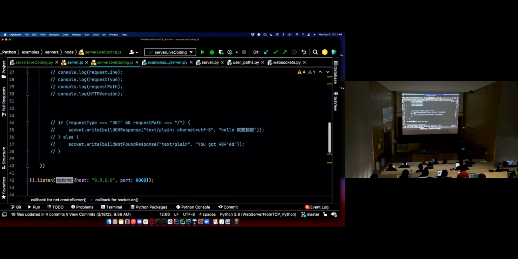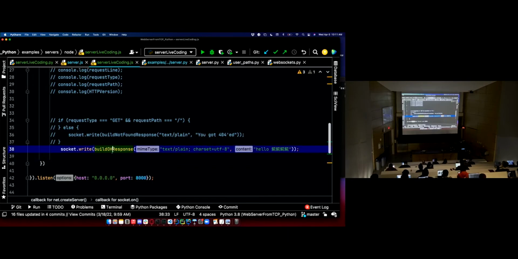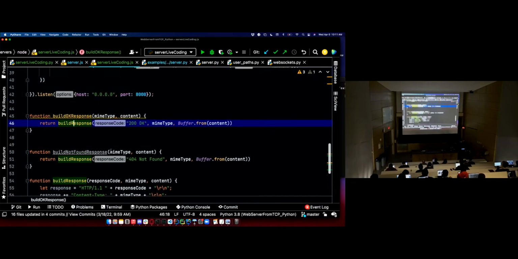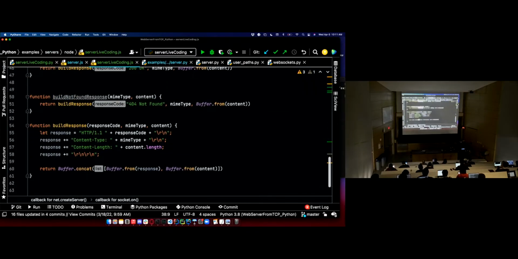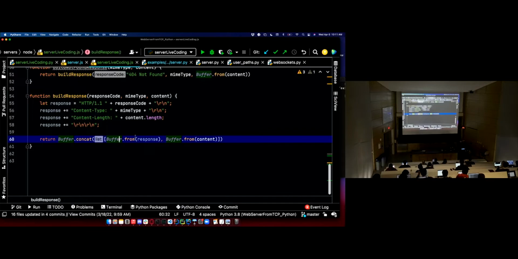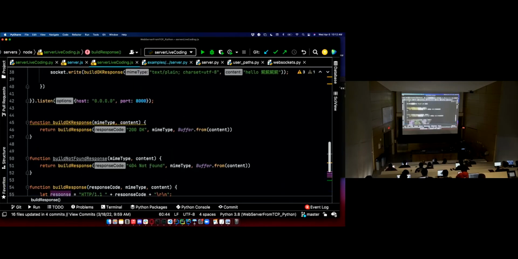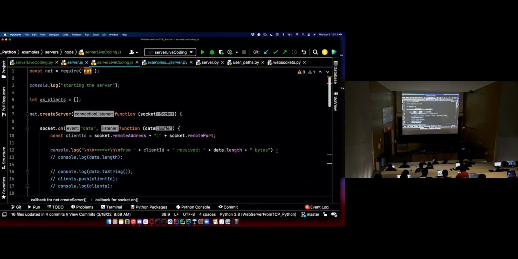Let's get this just so we're responding with something. Build OK response, which is my code down here. Build response, which is going to do my content type and content length. Do I have any buffer.from? A little bit. And buffer.from, anyone who's using JavaScript is hopefully familiar with all the buffer stuff by now. Buffer.from is saying encode this into bytes. That's your dot encode in Python. So let's respond with that and do the same thing like we did before, except now,